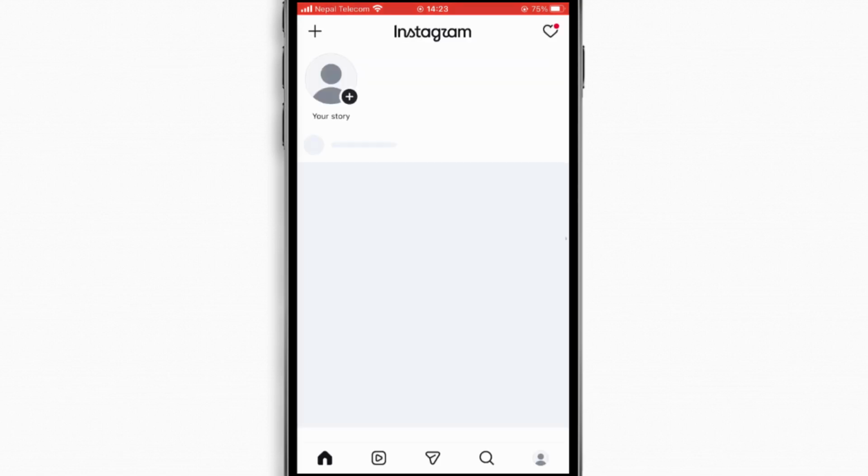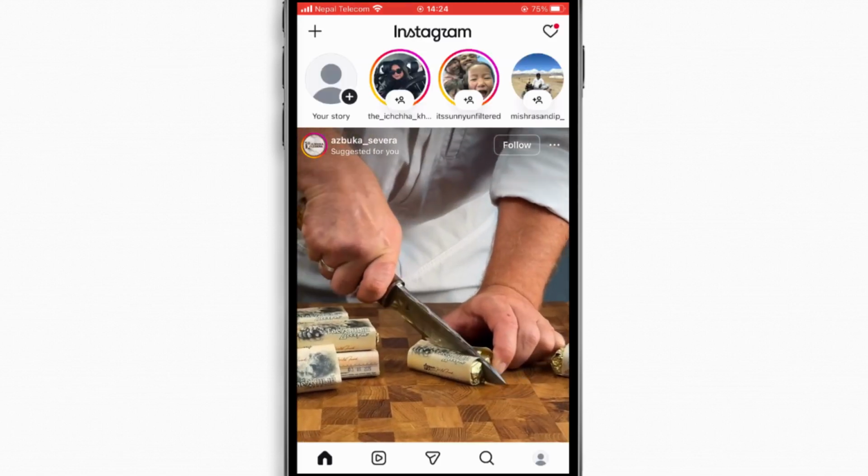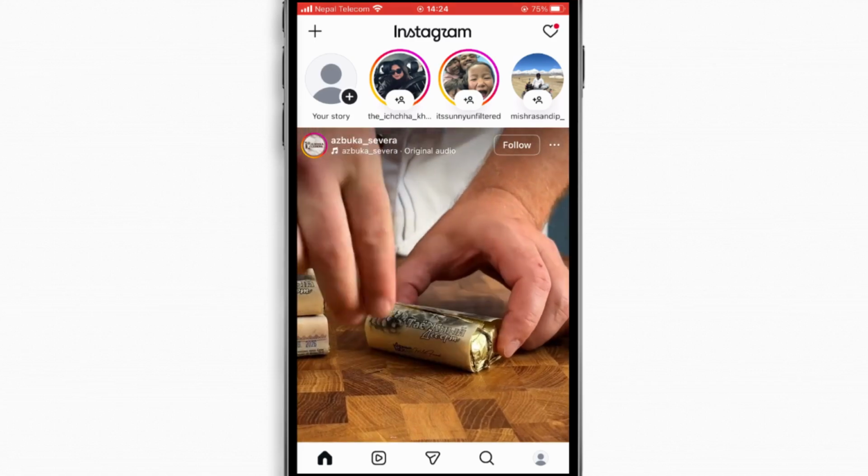That's it. Your suggested content will now be reset, and Instagram will start learning your interests again based on the